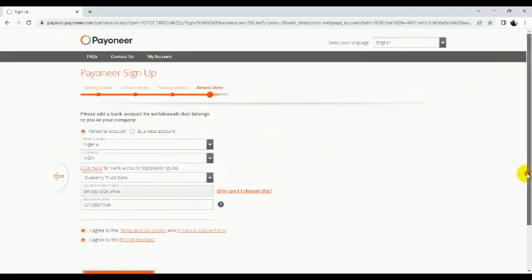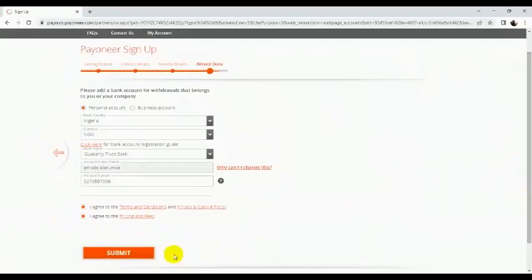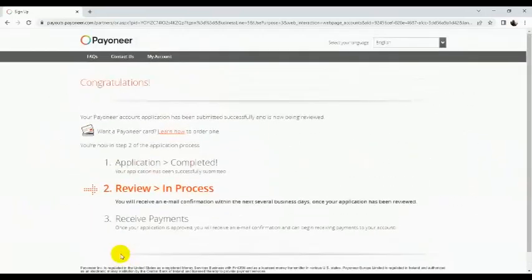So let me agree with all this now. I will agree with this one. I'll check this one. So I have to move to the next page. I submit. Yes, now as you can see here, congratulations, your Payoneer account application has been submitted successfully and is now being